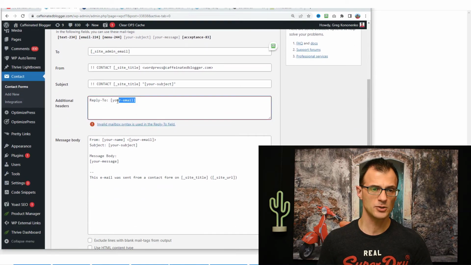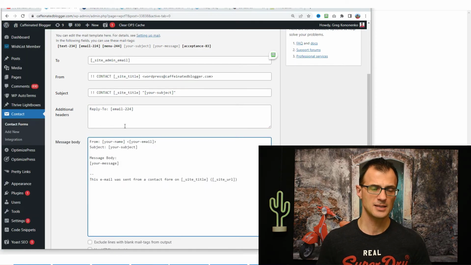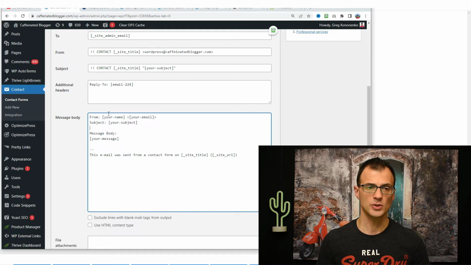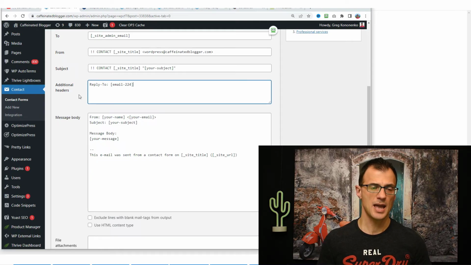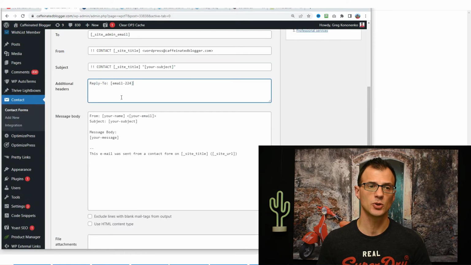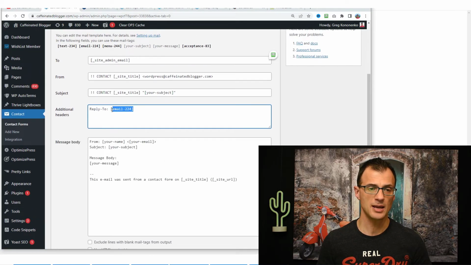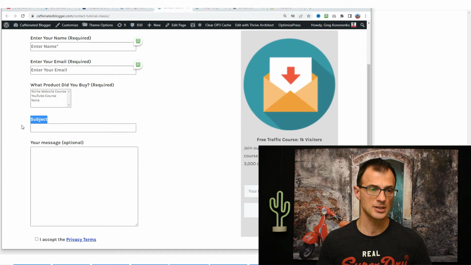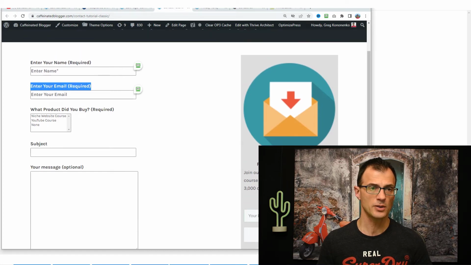And where it says reply-to, instead of your-email, we want to delete this and press Ctrl V, and this validation should now disappear. So it's now gone. And whenever we now get this email and we click reply on this email, it will be replying to the email that the person has entered over here on the contact form.